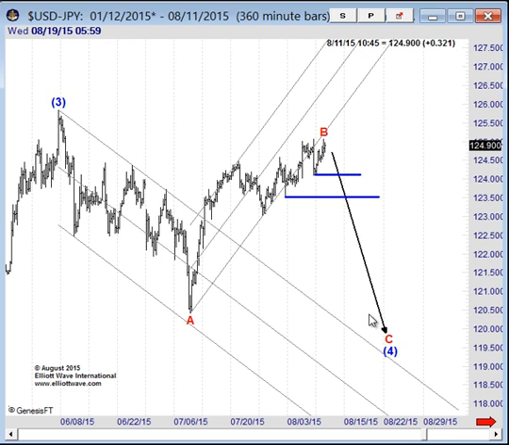Which one's right? Well, again, what the wave principle brings to the table is that it allows you to identify a number of different scenarios. More importantly, it lets you identify where you're wrong and when you need to change your mind. That's important not only from an analytical perspective, but critically important because it allows you to think like a trader and identify when you need to abandon those buy-side trade plans and focus on more of a sell-side